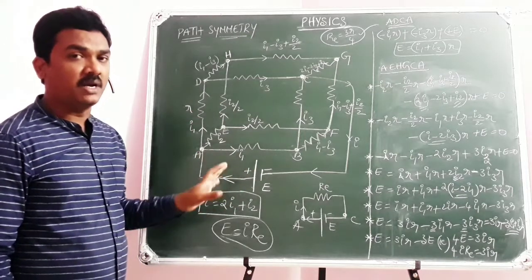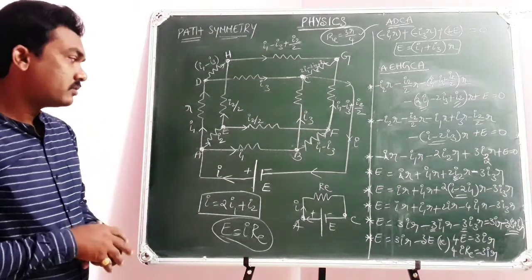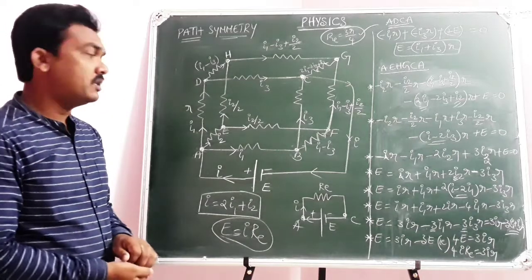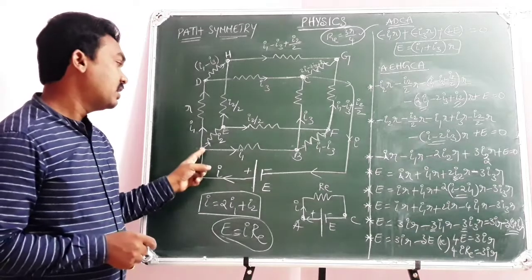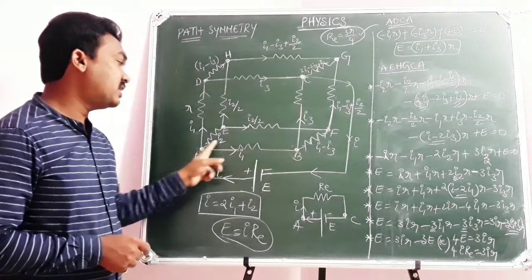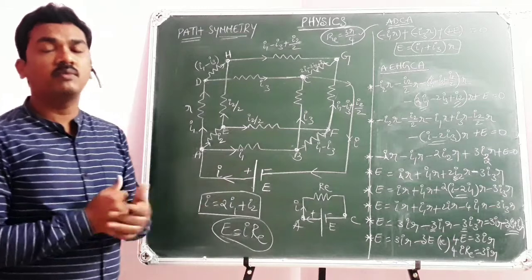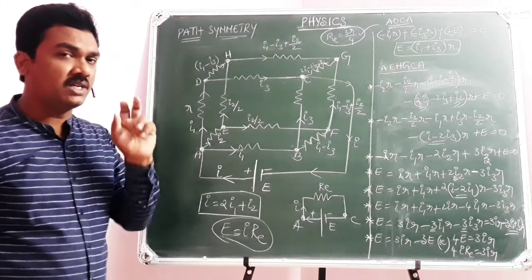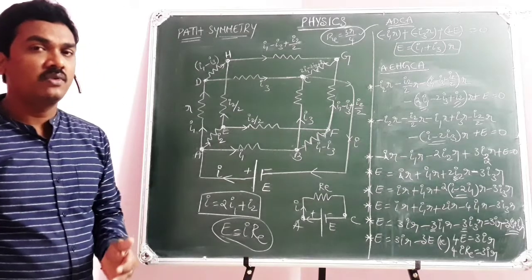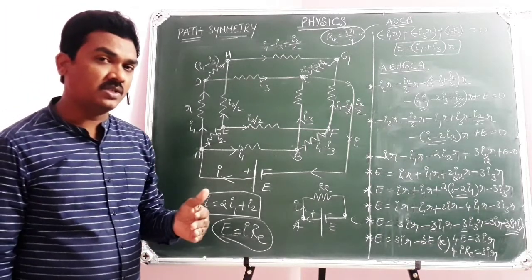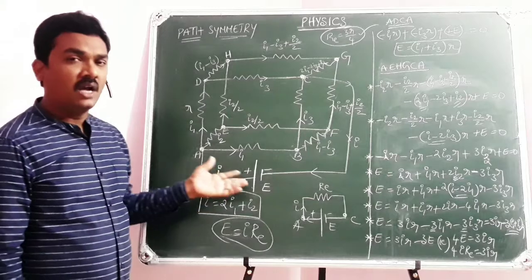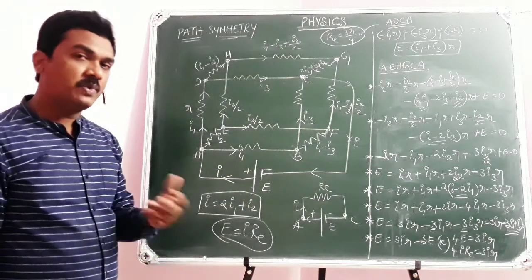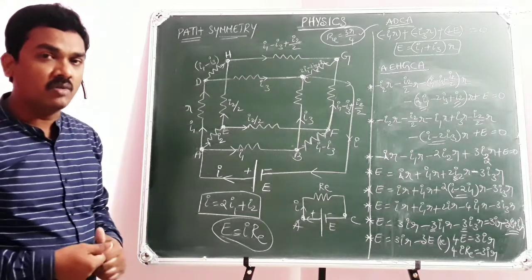This is the second example with path symmetry. Now here, what you need to understand: try to calculate the equivalent resistance across two adjacent vertices of a cube, either AB, AD, DC, BC. You take any two adjacent vertices and try yourself to derive the equivalent resistance. You try; if I explain, then you will not be able to think of it. I will explain in the next class, no doubt, but meanwhile you try how far you can reach.